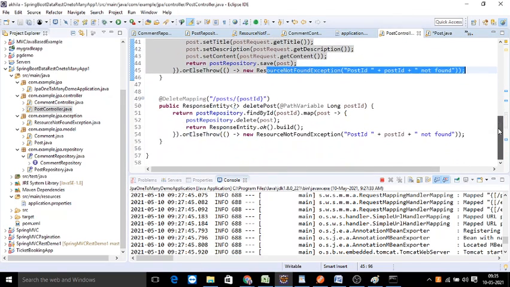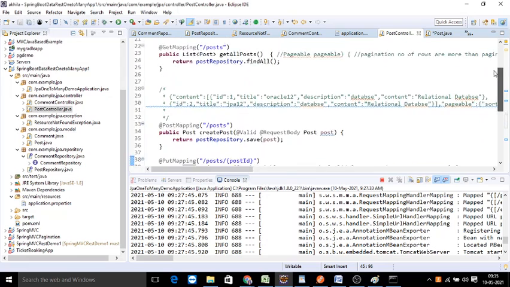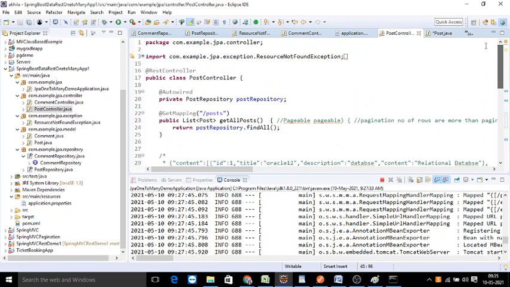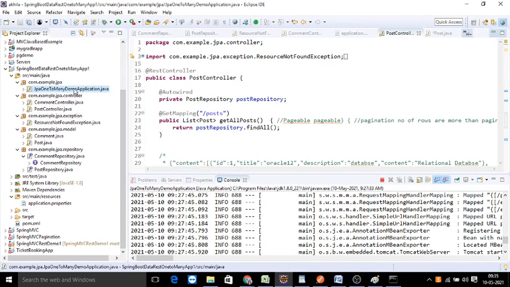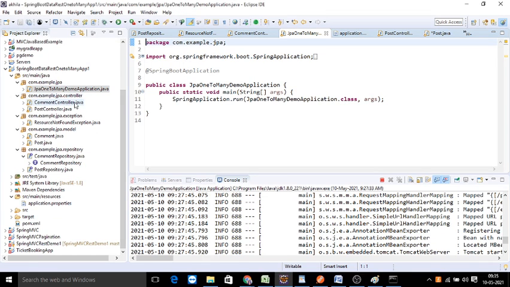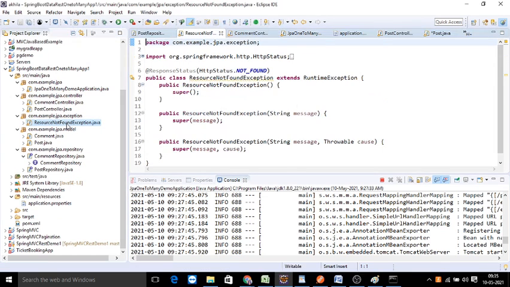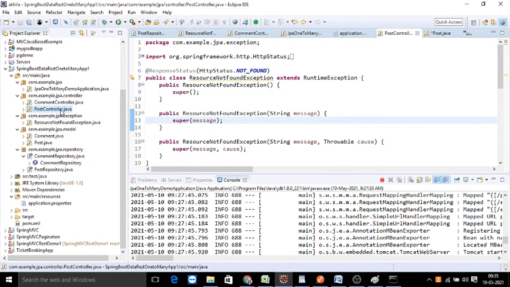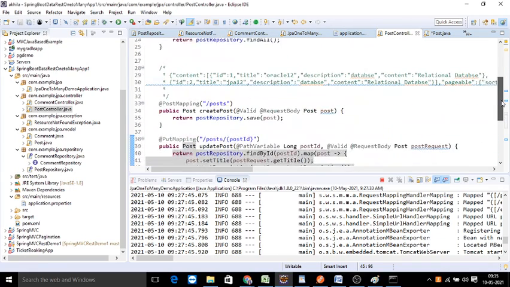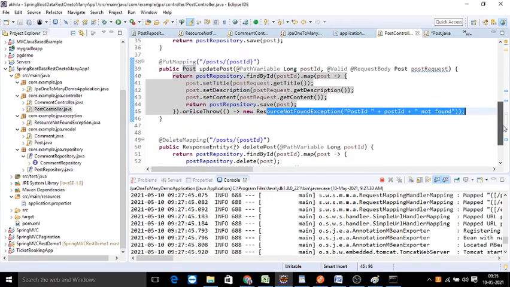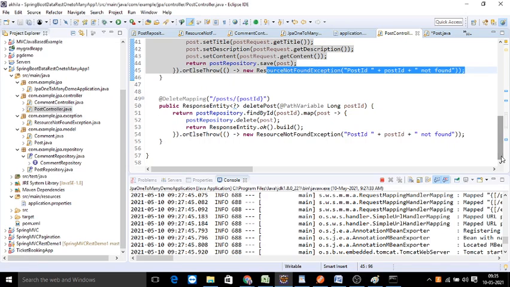In the post controller you must have an exception handler class, the ResponseStatusException class you are using, or else you are simply throwing an exception and displaying the message here itself. Okay, post id not found.